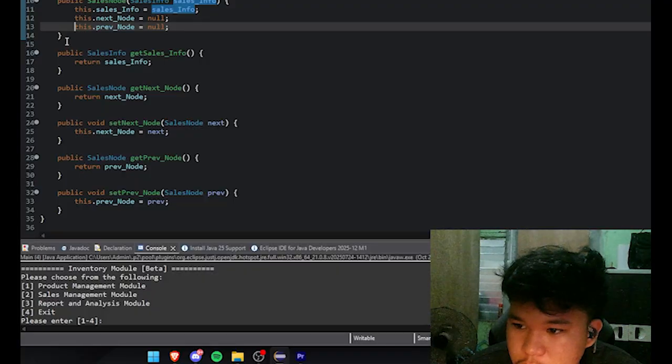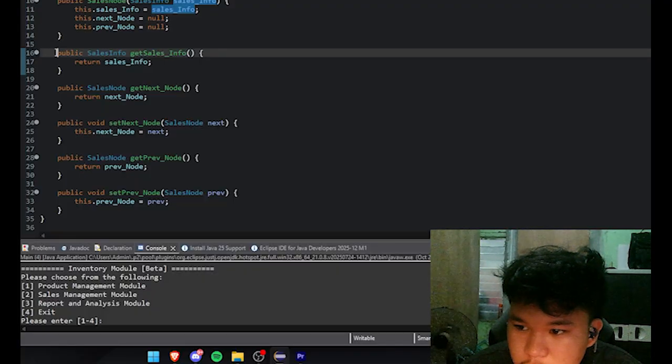For the functions, these let you get or set the node's data safely. We use the getter method to get the sales info.